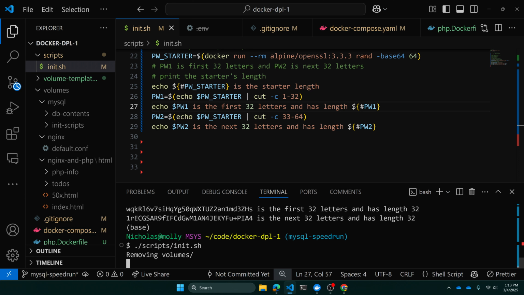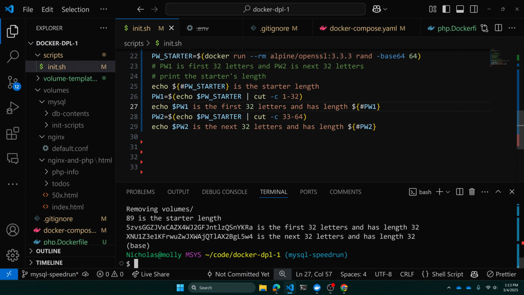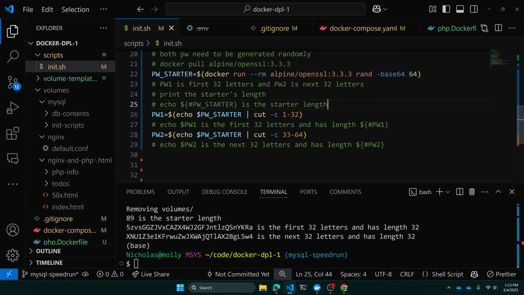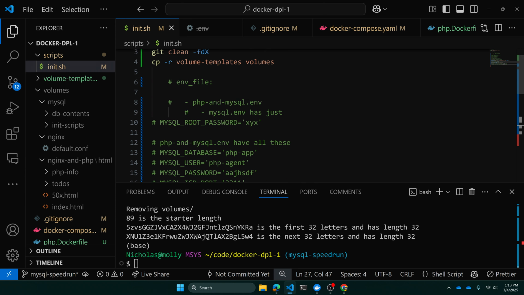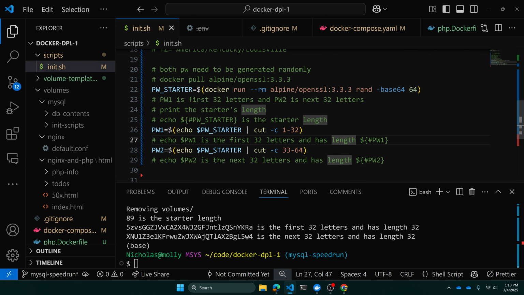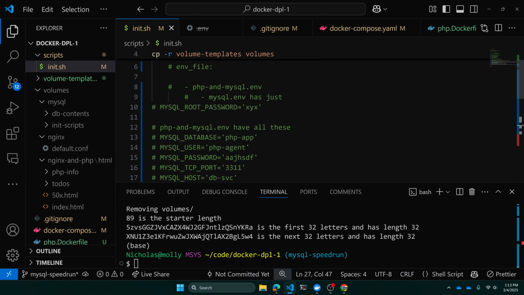It's different every time we generate this, so that's nice that we can just have our init script generate these environment files with those passwords. So I'll comment out those comments, those are just informative as I'm developing this, and then we can use those passwords as we need them. So let's start with